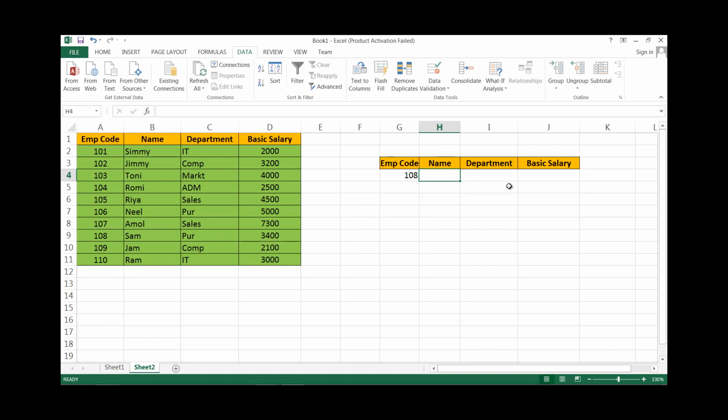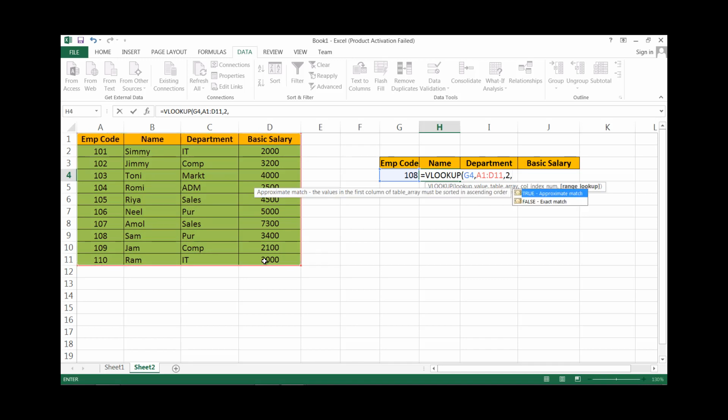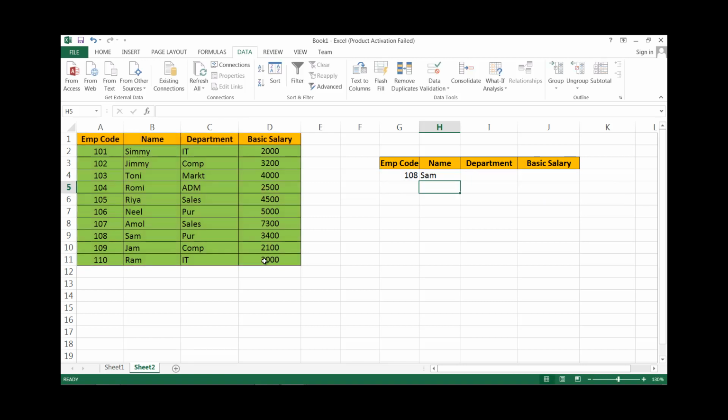Okay, and now let us again apply VLOOKUP formula. Now the lookup value is this one. Then there is table array, column index is 1, sorry 2, and for exact match you can select false, as well as you can also set 0.